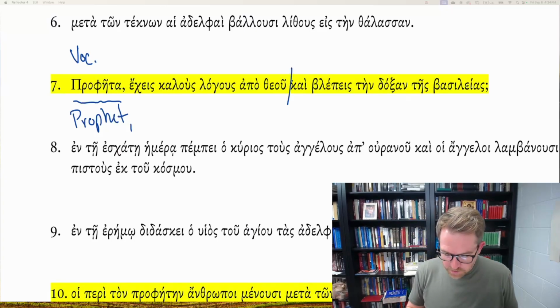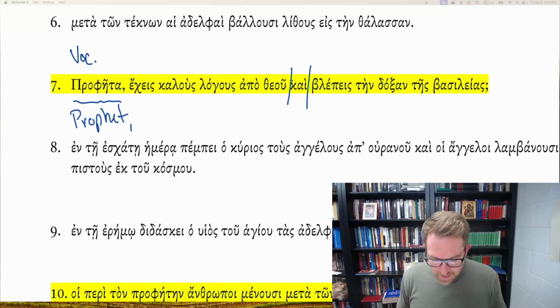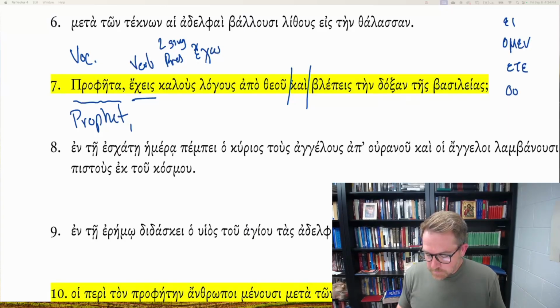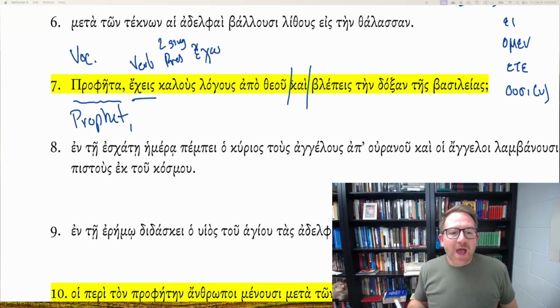So I have this kai, which divides me into two separate clauses. And notice in ekes kalus lagus apa theu, I don't have a nominative noun. There just isn't one to be found. But no worries, I have a case, my verb here is a second person singular, present active indicative. So this is from the verb echo, I have, and I can remind myself, o, eis, ei, omen, ete, ousi, and so I know, sometimes ousin, I know that this is my second person singular, you, not y'all, but you, just you have, and this, who is the you? It's the prophet being addressed. Prophet, you